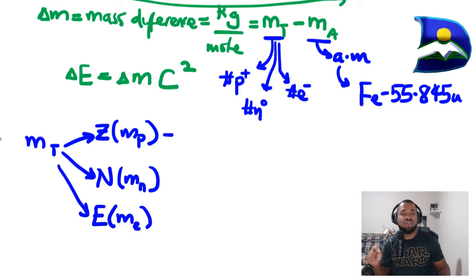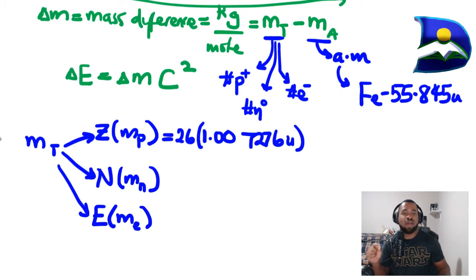So this is going to be equal to our atomic number of protons, in this case 26, multiplied by our specific atomic mass unit for a proton, which is in this case